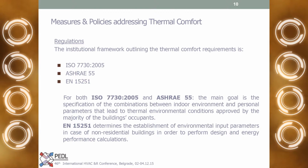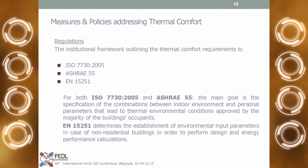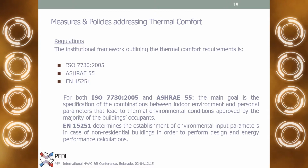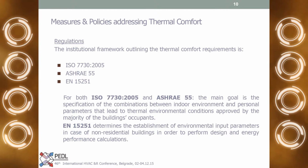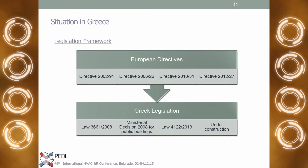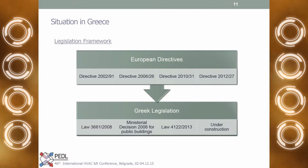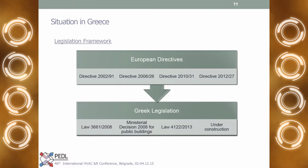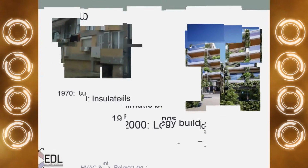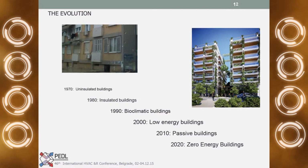And addressing thermal comfort, there is a legislative framework concerning ISO and EN standards, which put specific requirements on the thermal comfort problem. The situation in Greece is that we have managed to catch up with the legislation compliance. We have developed the essential laws for implementing energy efficiency in buildings. But actually, the situation has been developed through years